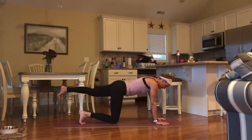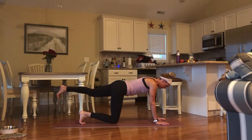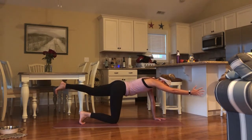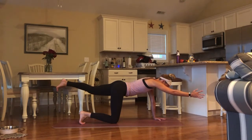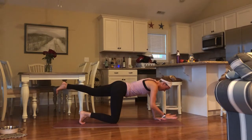Really strong here. Don't back bend. Keep that spine nice and long. Keeping the low back nice and flat. And when you feel long and strong, maybe take your right fingertips out in front of you. Don't forget about that left leg, really powerful here for 5, 4, 3, 2, on 1, lower the right hand